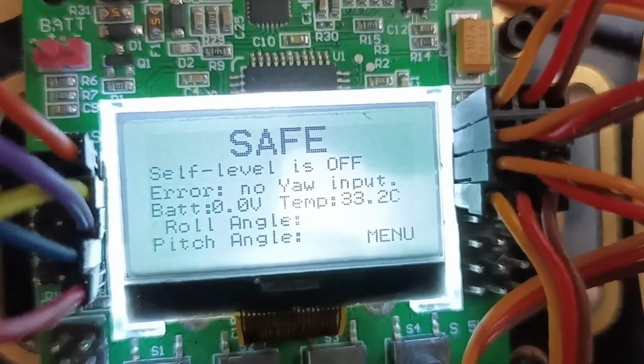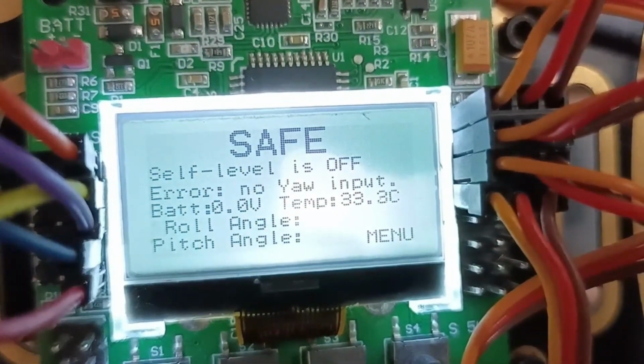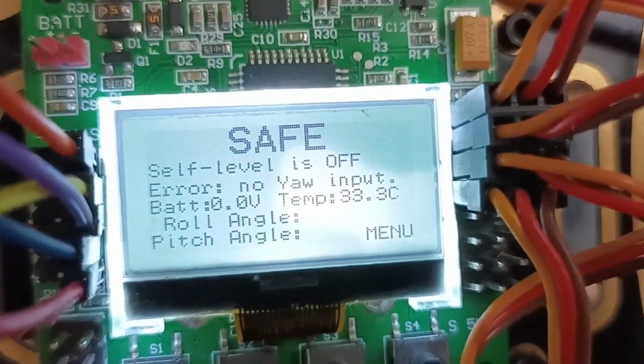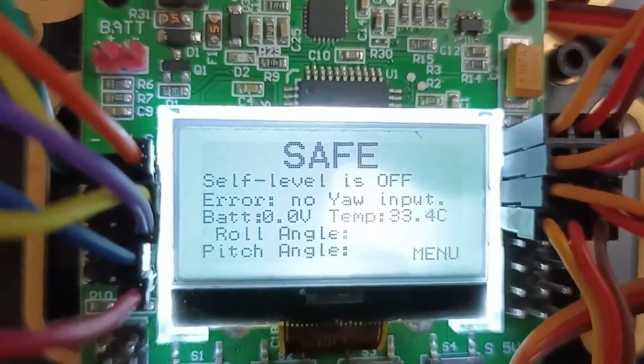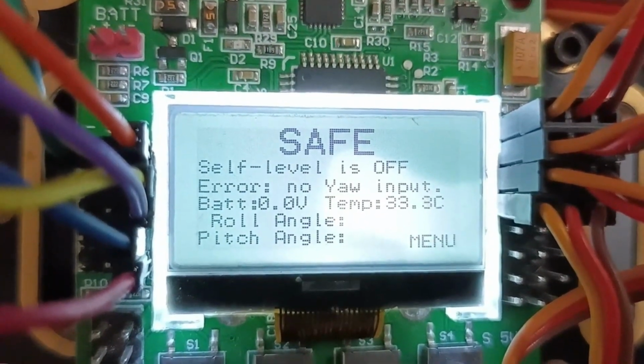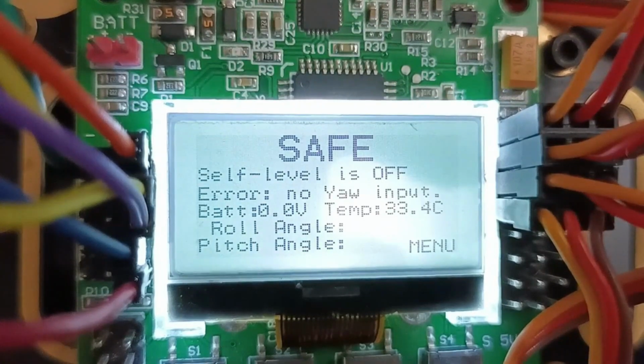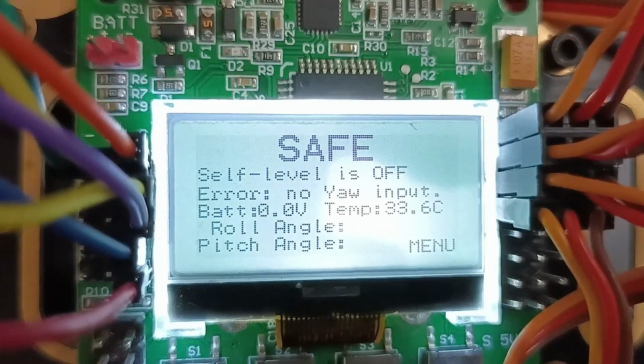Now we will see how to set up this KK 2.1.5 flight controller. As we connected this battery to all our electronic speed controllers, we will put the battery and power on, then we get this safe level is off and this type of display in the KK 2.1.5 flight controller.